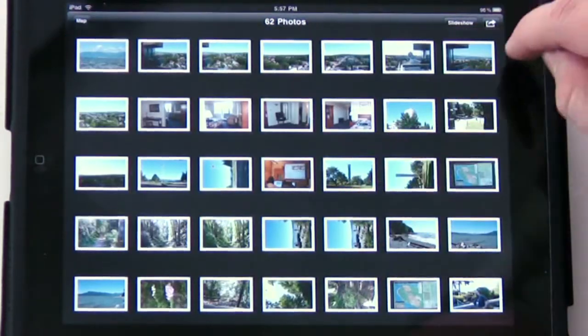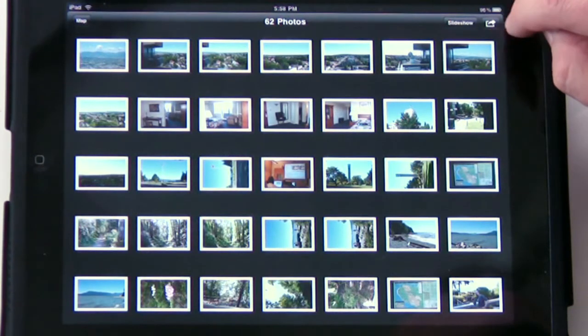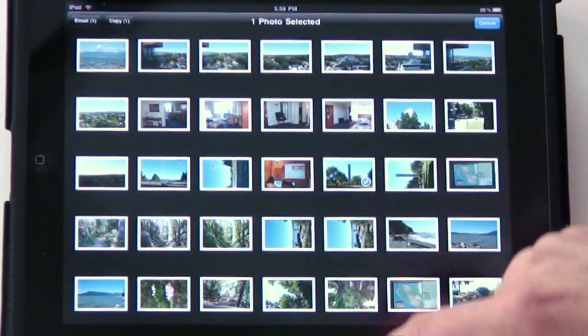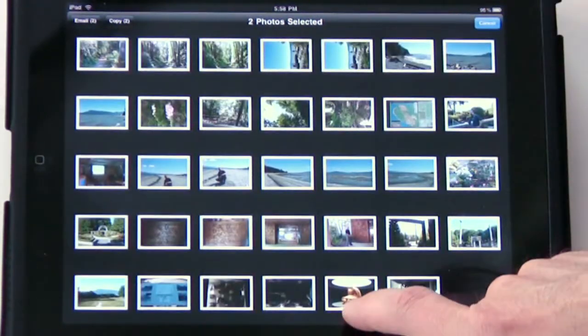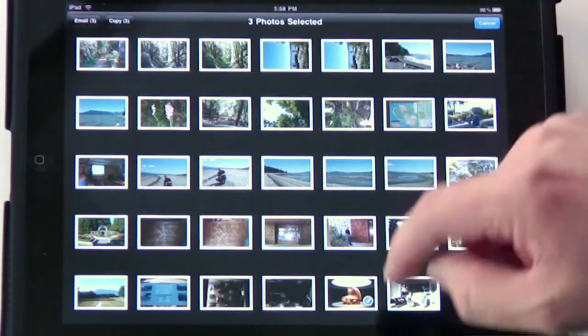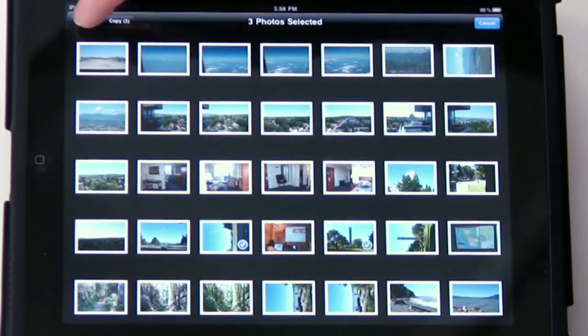I can also come over here and tap this little arrow button in the corner and select photos that I want. So if I want to send this one with the clock tower, and also this one with the Canadian flag, and also one of this monument, statue, artwork, then I just click on those, and then click email, or I can copy. Tap on email,